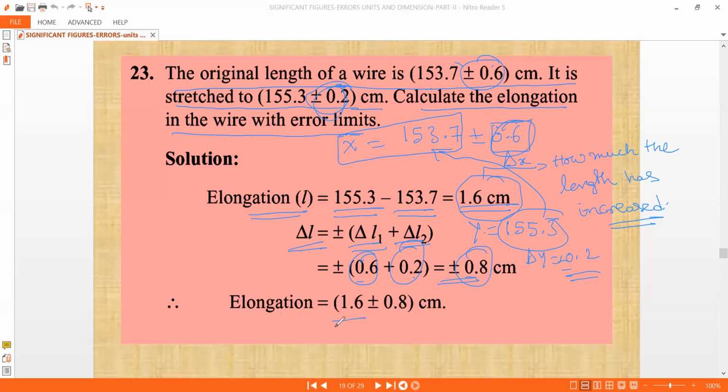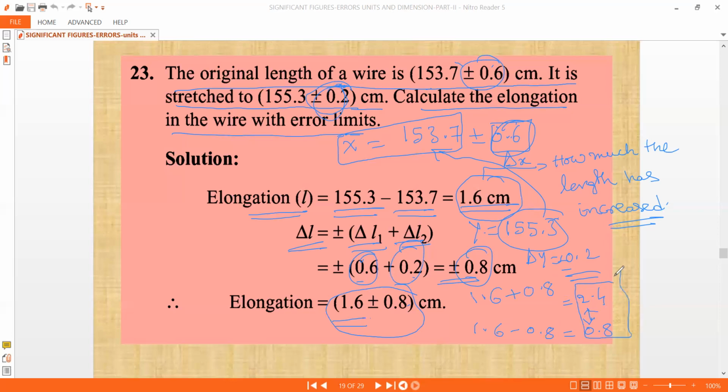That can be 1.6 plus 0.8 or 1.6 minus 0.8. These are the possible things you can have. Okay. So the elongation, the variation in the elongation can be like this. So that's what it means. What does it mean? See, the elongations can range between 1.6 plus 0.8, which happens to be 2.4, and 1.6 minus 0.8, which happens to be 0.8. So the values will lie between 0.8 to 2.4.